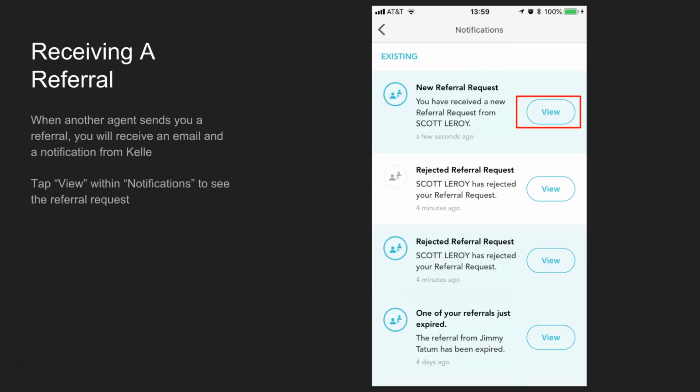When someone sends a referral to you using the same process we just covered, you'll receive a notification both here in Kelly and an email notification. You can accept or deny or whatever you want to do with that referral, either here in Kelly or on KWConnect through that email. Here in Kelly, we're going to tap on View within this notification section to see the